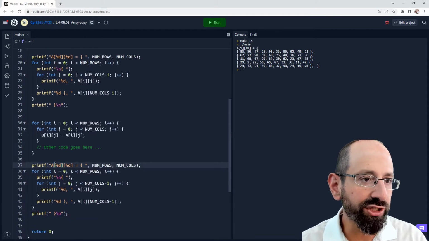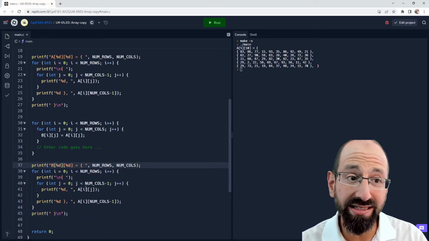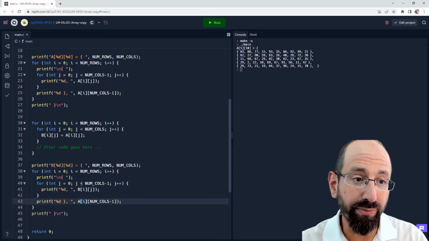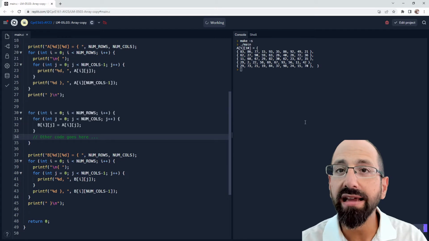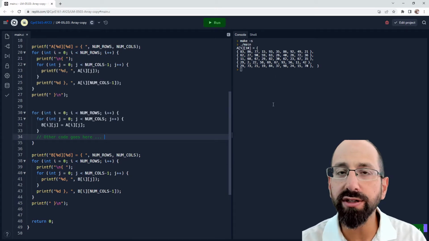It shouldn't be a big change. It's the same size arrays. I'm only changing my print calls to print the value of B instead of the value of A. And while this doesn't look incredible, this code when run,